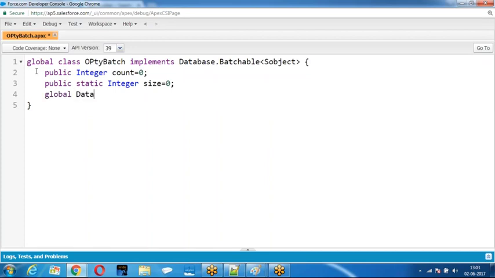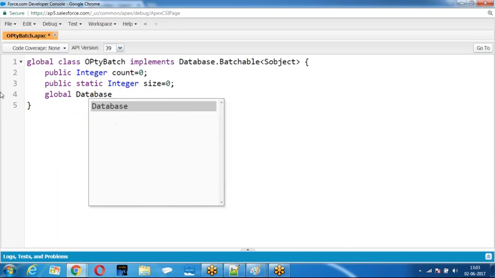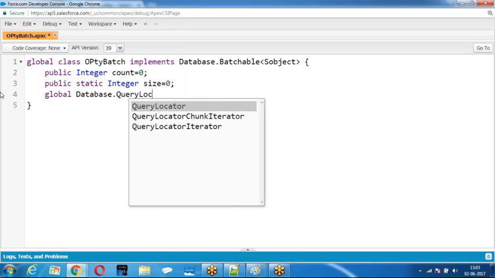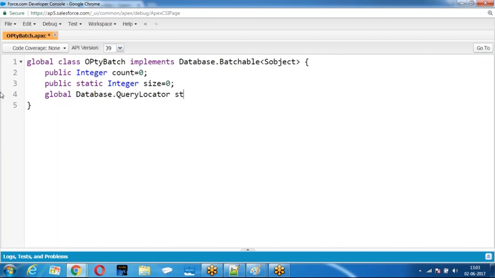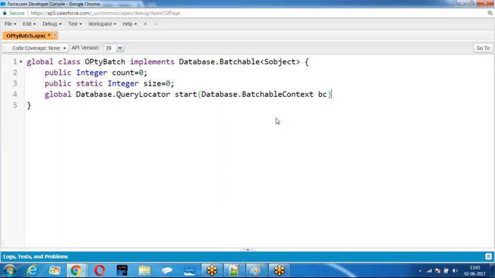Global database.getQueryLocator. That's the context. Then how are you writing it?